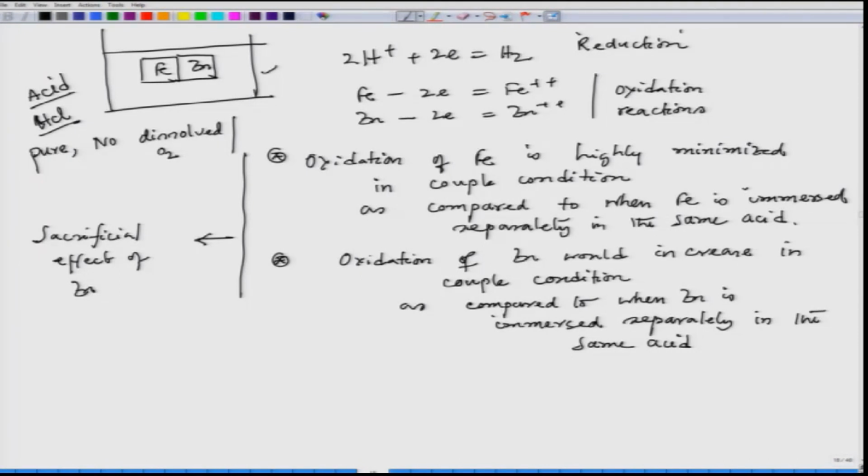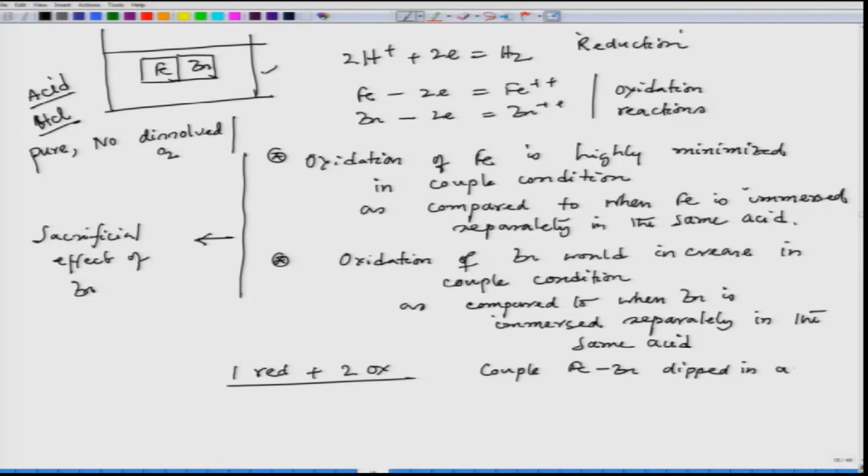In this case we have 2 ox 1 red, but in our earlier situations, since we are talking about redox not ox red, we can put it as 1 red 2 ox. This is the example, a couple of iron and zinc